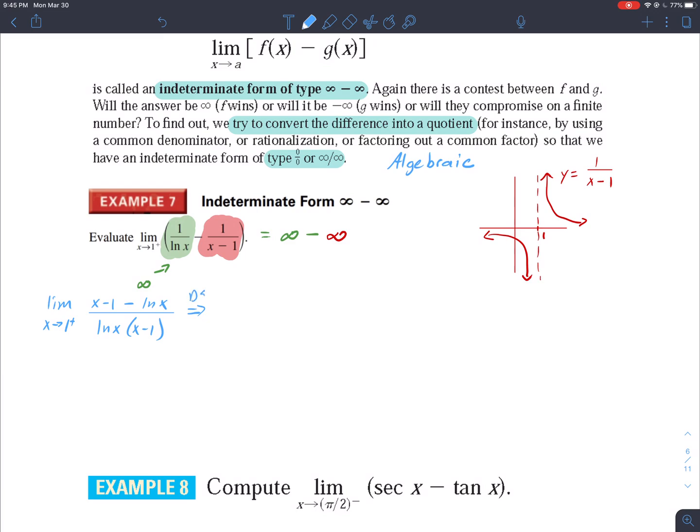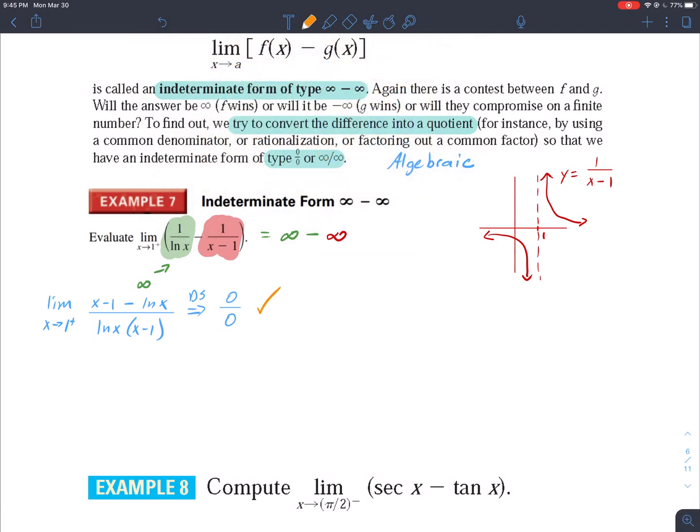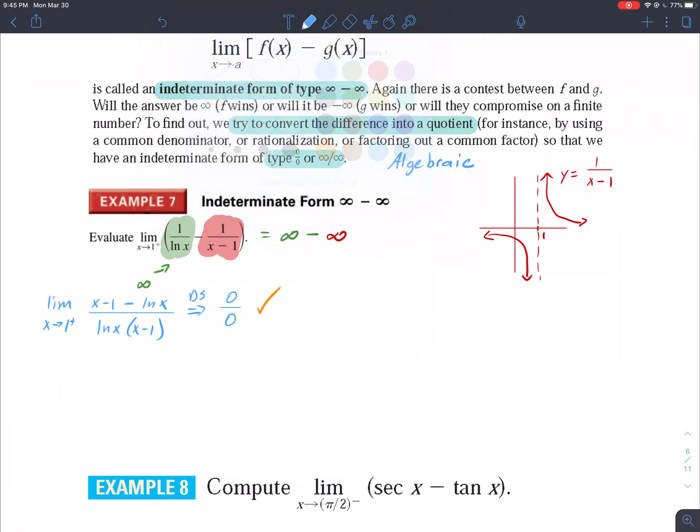In the bottom, of course, 1 minus 1 is 0, times ln of 1 is 0, and 0 times 0 is 0 on the bottom. Now that I have this indeterminate form, I can apply L'Hopital's rule. I got my orange check mark here indicating that it's allowed, it works. So L'Hopital's rule now